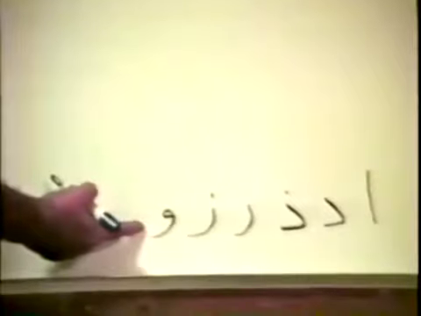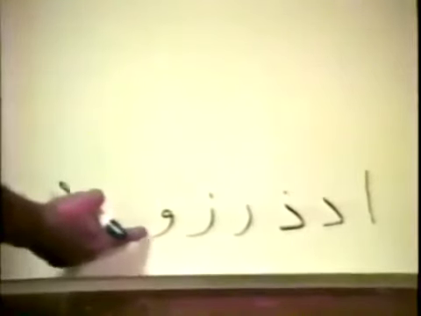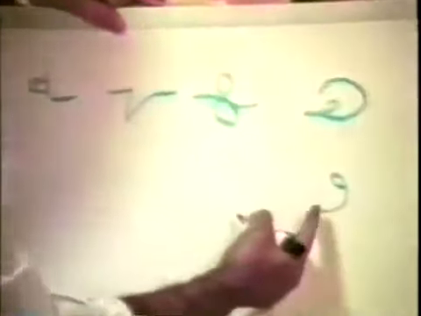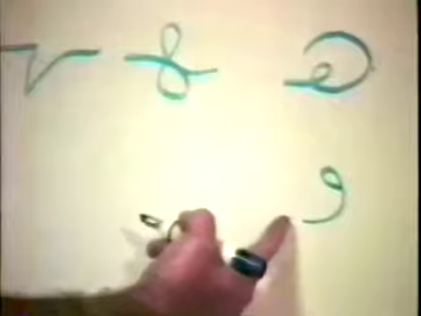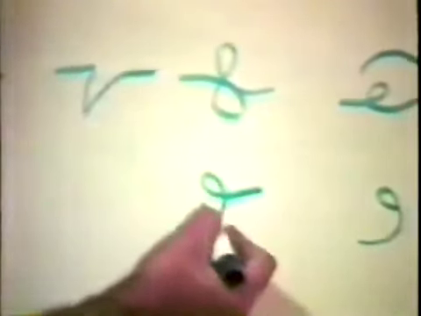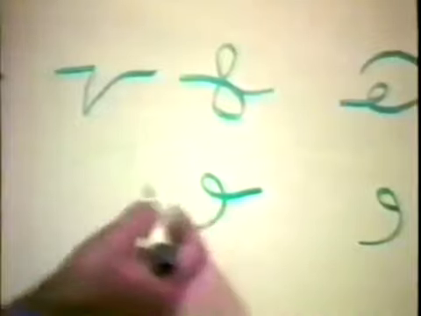The next letter is Waw. And as you remember, look down here. It's one of the 6 letters that cannot be connected from the left. And it does not change its looks like the crazy letter Ha. So at the beginning of the word, it looks like this, and cannot be connected from this side. In the middle, it will be connected only from the right side, but not from the left side, like this. And at the end, it will look the same like this.